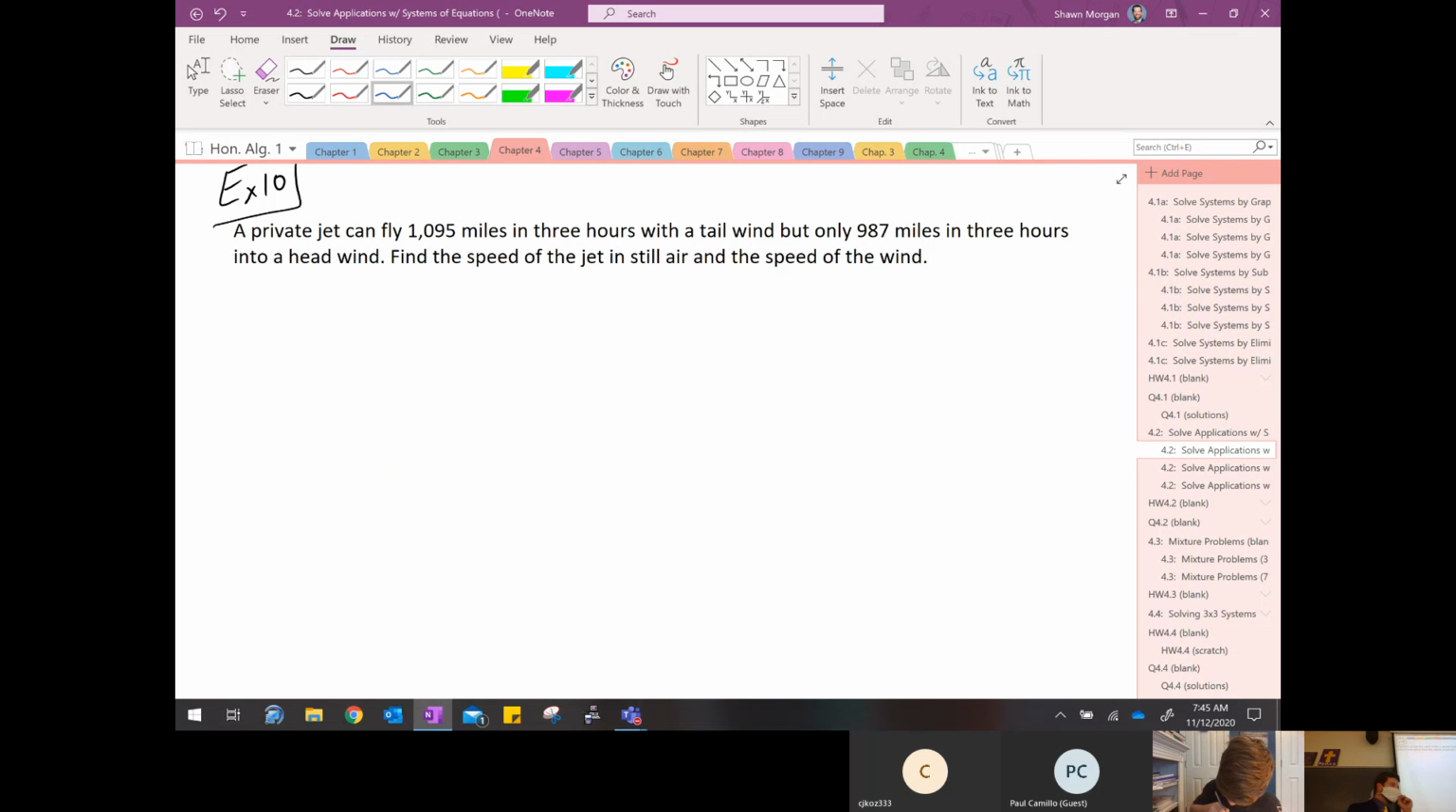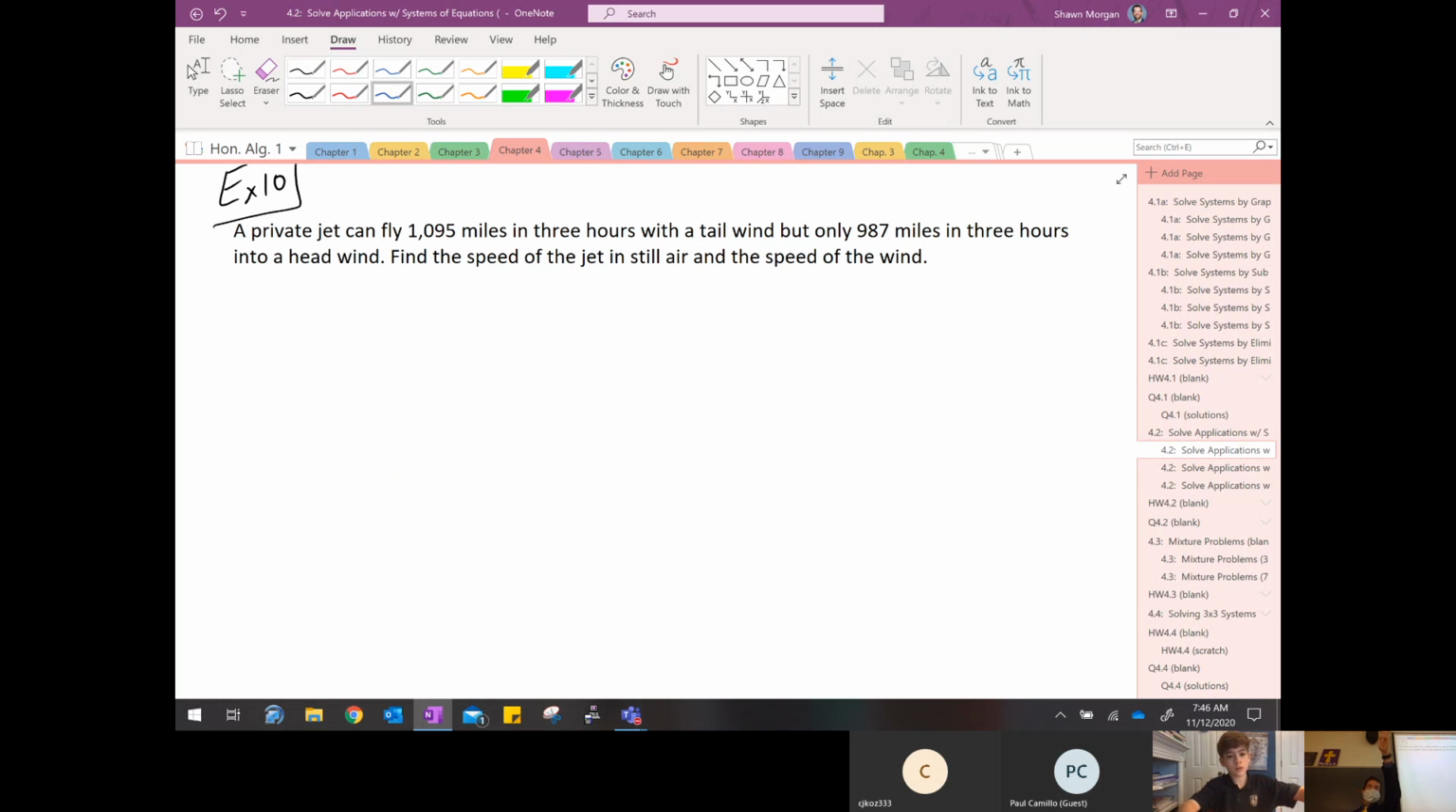Airspeed is defined as the speed of a plane regardless of the wind. In other words, with no wind, just how fast can that plane go on its own? That's what's called airspeed: how fast a plane can go on its own without taking wind into consideration. Ground speed is the speed of the plane from the perspective of somebody standing on the ground,